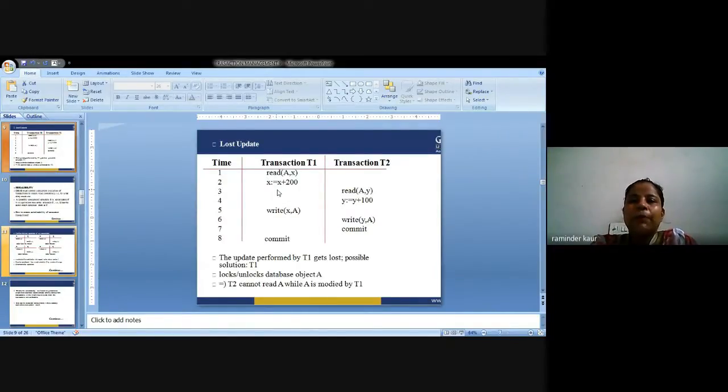So this is the lost update. Why is it called lost update? Read A, I have read it, that is A is 1000. Let's say I am taking an example, A is holding a value of 1000 and X is equal to X plus 200, that is it could be 1200, but it is not written. Now read A, what is it reading? Obviously 1000 instead of 1200. So read A, just reading A is 1200, and Y is holding, let's say, a value 2000, Y is equal to Y plus 100, that is also 2100. Here the result will be 2100, here the result will be 1200,